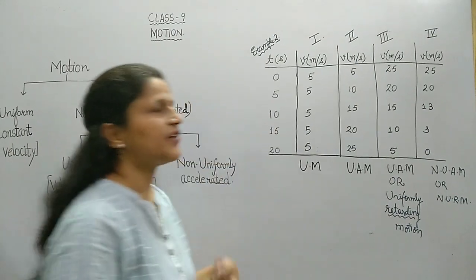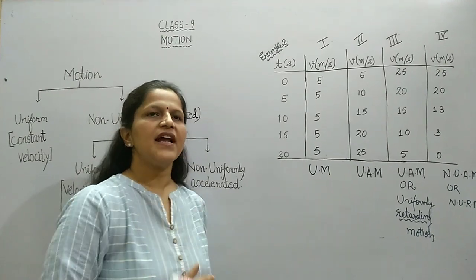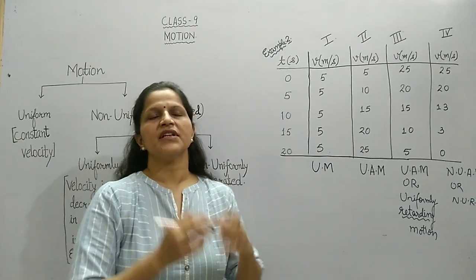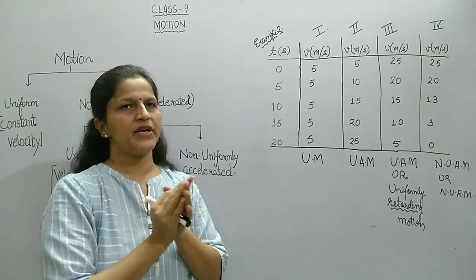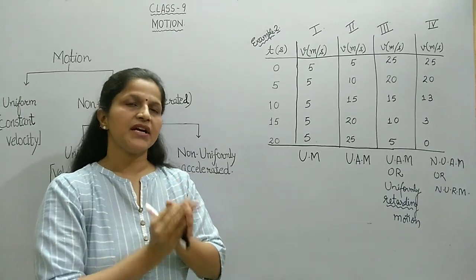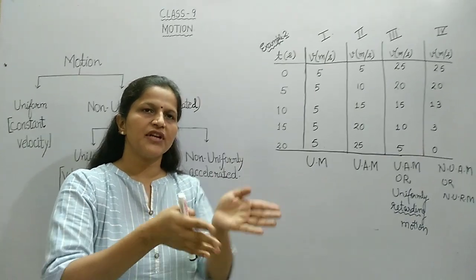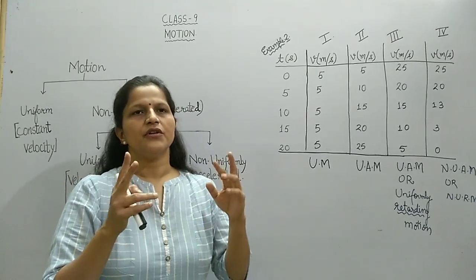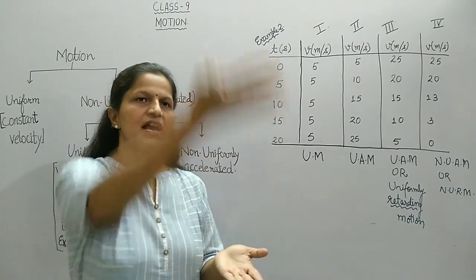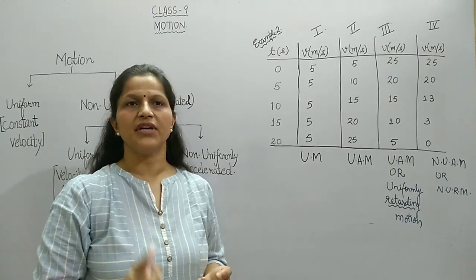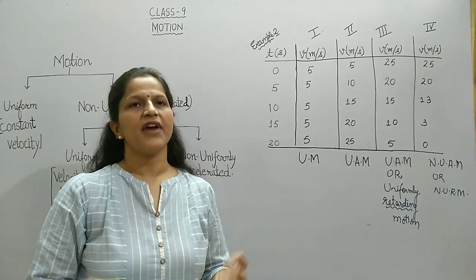So we have seen that different types of motion can be there in our daily life. Coming to some real life situations, uniform motion can be assumed to be motion on a straight highway with a constant speed. Non-uniform motion can be considered to be a motion wherever you are going in a crowded place. So off and on you change your direction also, you change your speed also. Uniform acceleration is an example of fall or rise in the effect of gravity only. So these are some real life examples which you should look around you and find out.